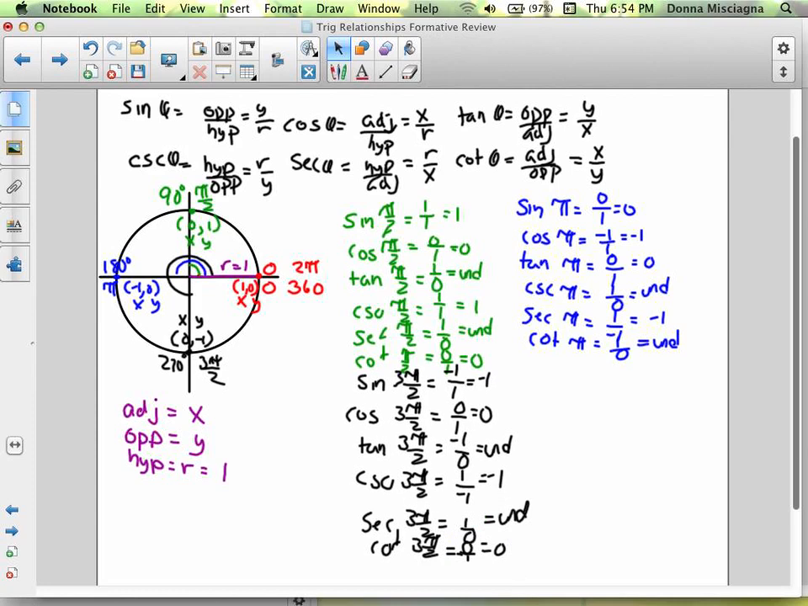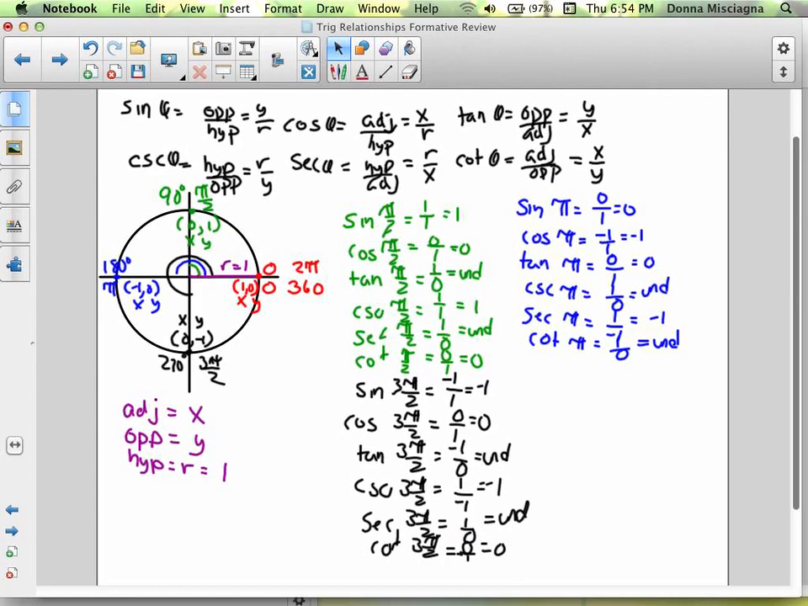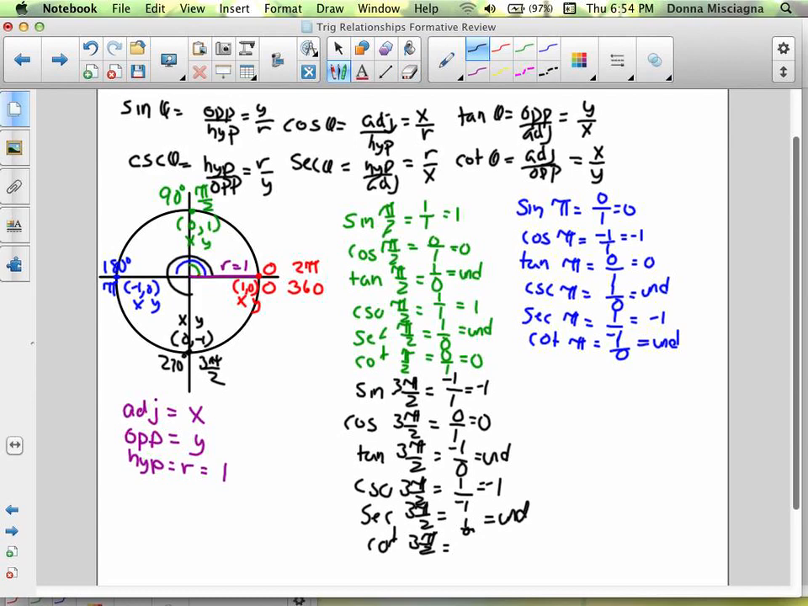Okay, move that up just a little bit. I think we're losing the cotangent just a little bit. I'll write that again. That's 0 over negative 1, and that's just 0. So notice, again, we got 2 zeros, 2 undefineds, and 2 negative 1s. And lastly, let's